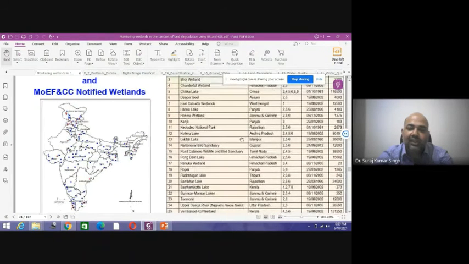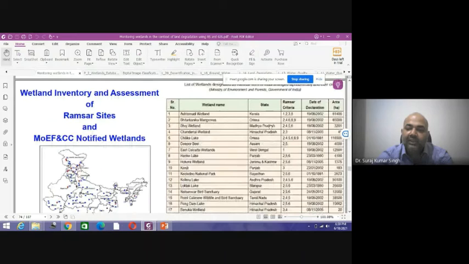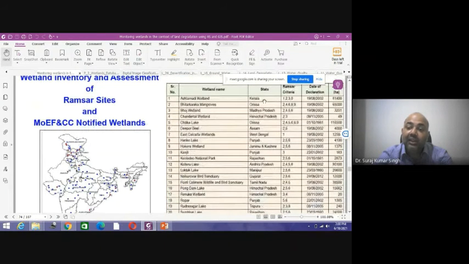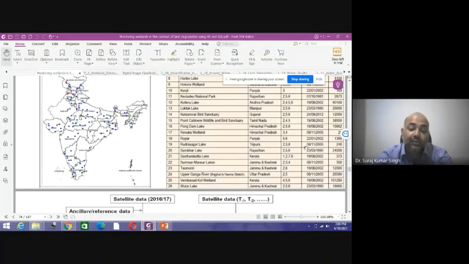So you see how the wetland categories are increasing or decreasing over the decades in the various wetland parts that have been mapped by the government of India. We can see in which state which wetlands fall, what Ramsar criteria had to be followed when they were declared, and what the total area is. And whether the wetlands notified by the government of India are properly maintained and monitored, for such activities remote sensing provides real-time datasets pertaining to that information.